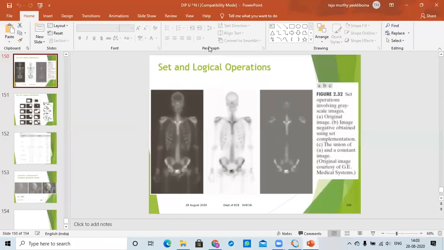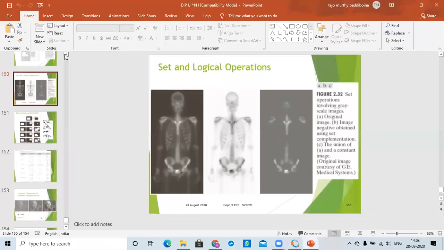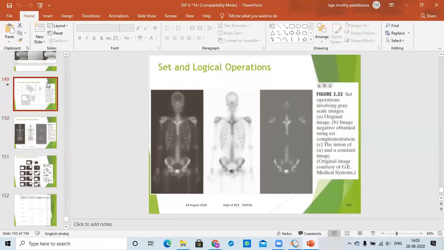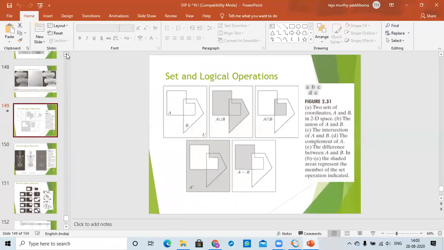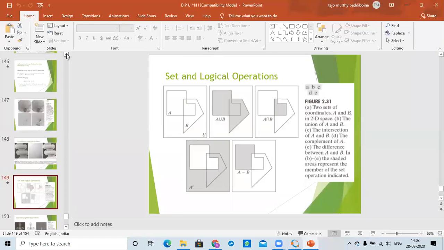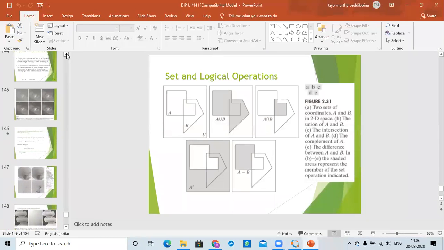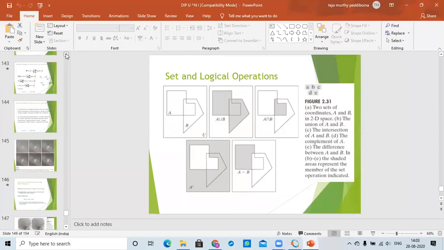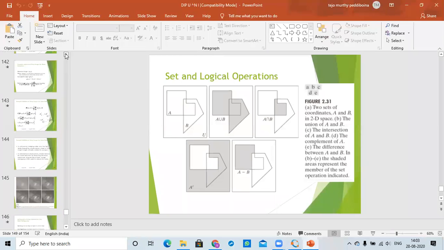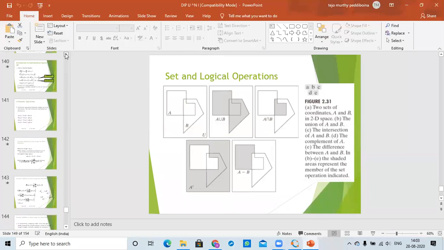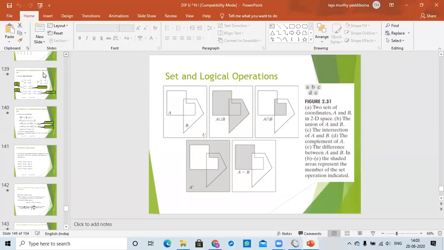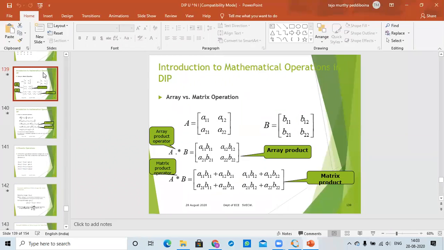So good afternoon, everybody. Yesterday we discussed different arithmetic and logical operations of image. Today, at a glance, we will see certain points, and after that, we will go through today's topic. We discussed the introduction to mathematical operations in DIP, digital image processing, yesterday. In that, we mainly discussed the